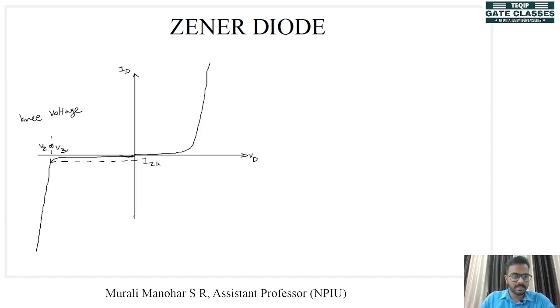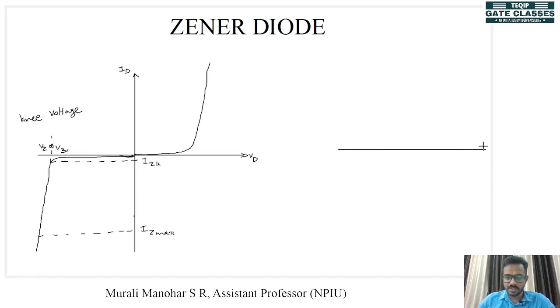There is a maximum up to which this current can go, and that maximum current is called IZ max. So this is specified in the data sheet of a Zener diode. So Zener diode is a special construction, and it is operated in the breakdown region. Okay. So this is the practical diagram of a Zener diode, and when we go to the ideal case,